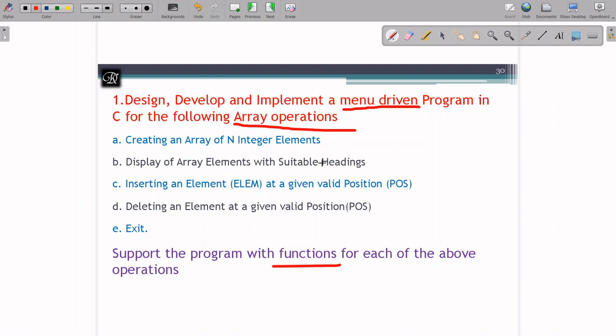Here you can notice they have given some names called ELEM, POS. Whenever we are writing a program, we have to make use of these inside our program as variables, and they have also told we have to use n integer elements. These are all the variable names already given by the question, so better to use the same rather than using different variables whenever we are taking an element, whenever we are going with a position, and whenever we are reading a n value. Let's implement these one by one.